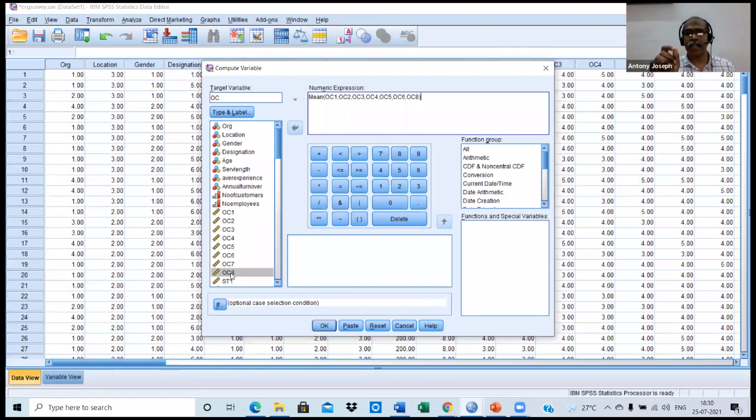You are going to create another variable for OC, that is organizational capabilities. What is the process? You have computed the mean of 7 different statements which are found reliable for the measurement of organizational capabilities. So the process is to type mean and put all the variables one by one in the bracket, giving a comma in between. So you give OK.